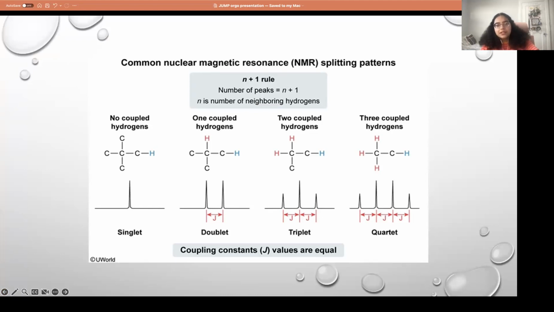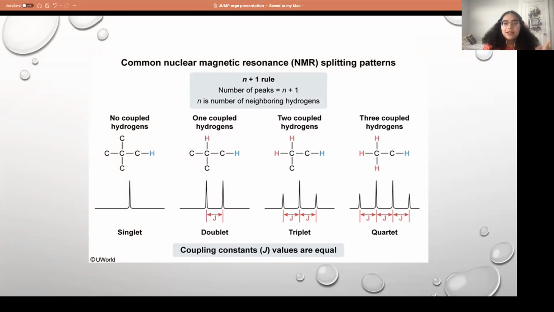what you look for is the proton environments. So these graphs will show you the different splitting patterns because protons get split. So for example, the first one here, there's the hydrogen that is blue. If you're looking at that one, it has no neighboring hydrogens. It's attached to a carbon, and it has no hydrogens on the carbon next to it. So you use the n+1 rule. So 0 + 1, you're going to get 1 peak. And then as you can see, as it increases, you get more peaks.